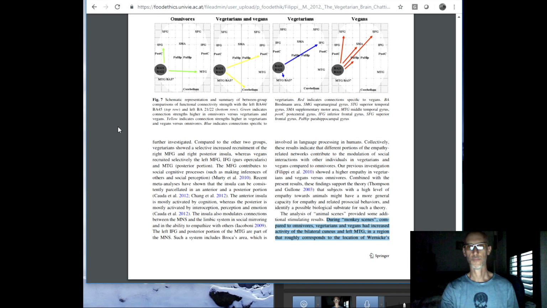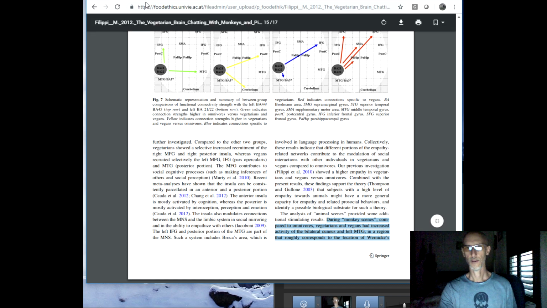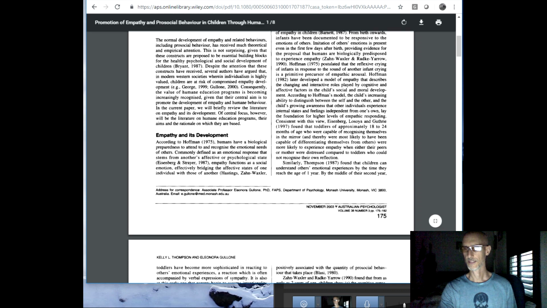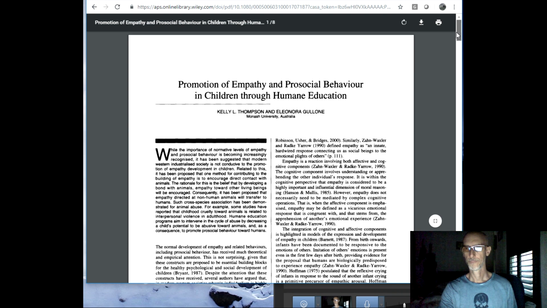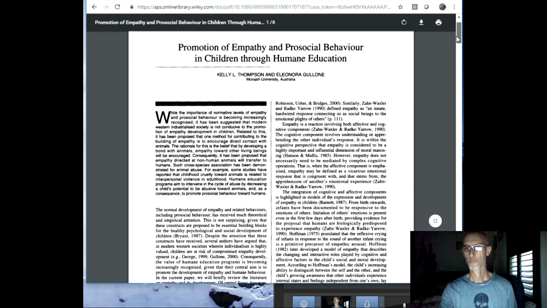Anyway, they summarized that, and then I mentioned the Wernicke's area that was highlighted there. That's what that study says, and more. I mean, there's much more in these studies to look at. What am I looking at here? Right. In this one,